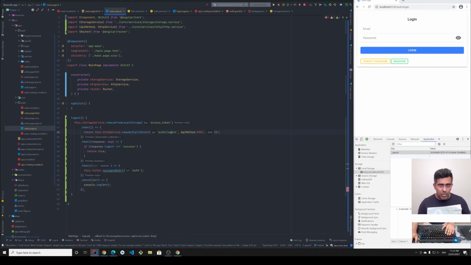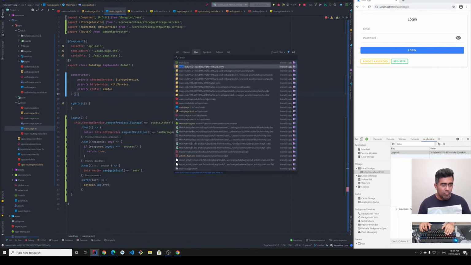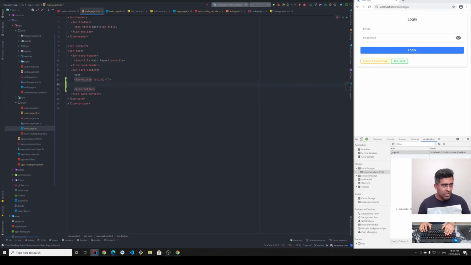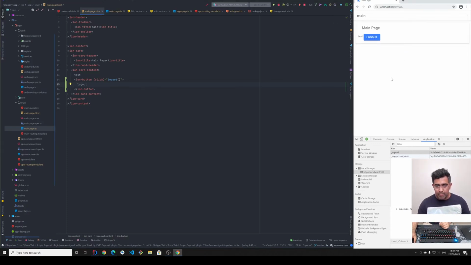Okay, so we got the logout function there. Then let's go to main.page, and we'll call this logout function there, and we can just simply say logout and as a button. So now I'm going to do login. Okay, that's done. Then if I refresh, you can see the token there. And if I do login,